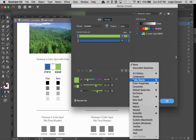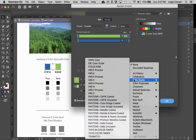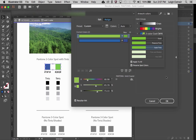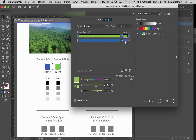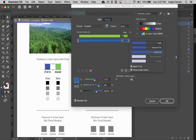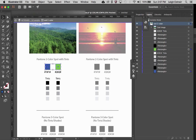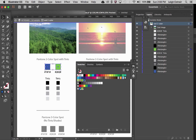If I click here again, it's that little button I was showing you before, go to color books, and then you're going to choose Pantone solid coded. Then what it's going to do is create these conversions for you. Sometimes the conversion color over here is not what you expect it to be. Sometimes it is, sometimes it's not. I'm not going to get into all of the deeper, more specific things, this is a beginning class, but I want you to have an understanding of the basic Pantone stuff. And so if I click on OK, then I can come back over to my swatches panel